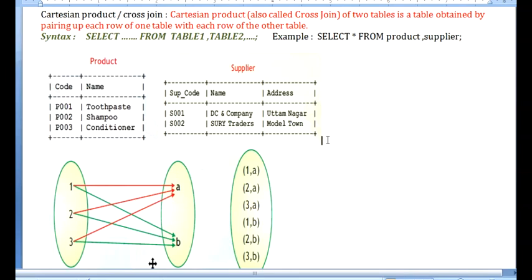Take these 2 tables, one is the product table, the other one is the supplier table. In the product table we are mentioning what are the products that are being manufactured by the company, and to whom it is supplied. Those details we are storing in one of the tables called supplier.